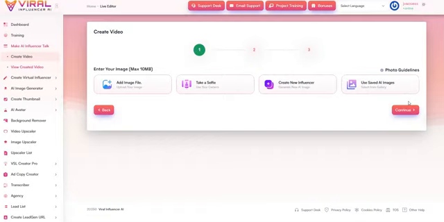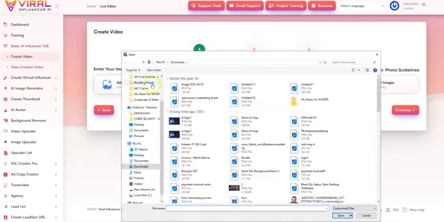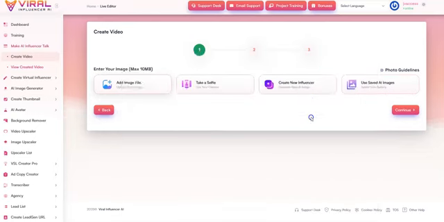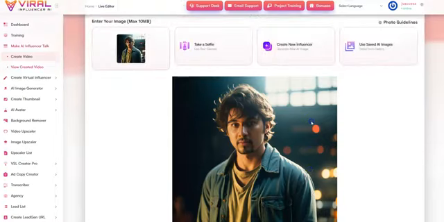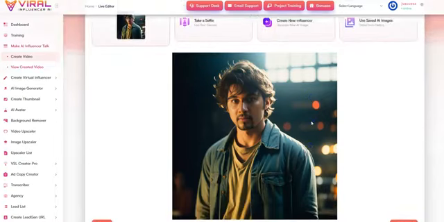Click on continue, and once you click on continue, you get the option to either upload the image from your personal documents, you can take a selfie, you can create new influencer with the help of AI, and you can use saved images from the gallery. So I'm just going to click on this over here, and that'll give me access to my documents. I'm going to upload my AI image right over here,